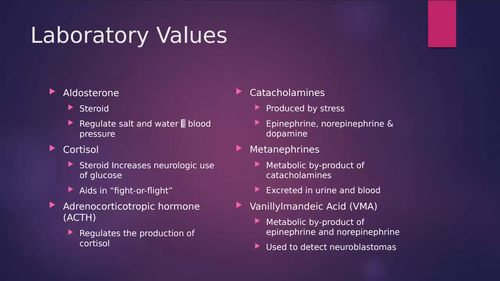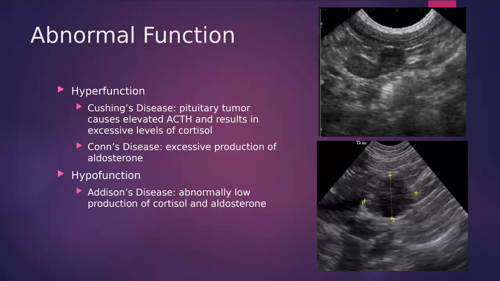And then our VMA, very similar to the metanephrines, is going to be a byproduct of those stressful environments. But this level is actually useful in detecting what are known as neuroblastomas. And we're going to talk about that in a second. So the abnormal function of the adrenal glands can result in a lot of diseases that you've probably heard of before. So when we have an abnormally hyper-functioning adrenal gland, we are going to be in the ballpark of Cushing's